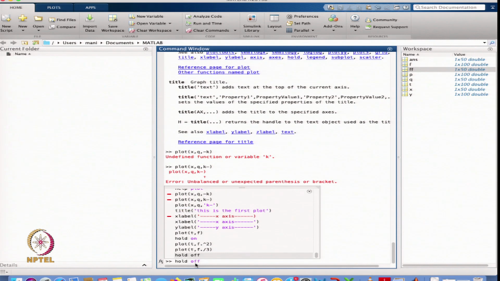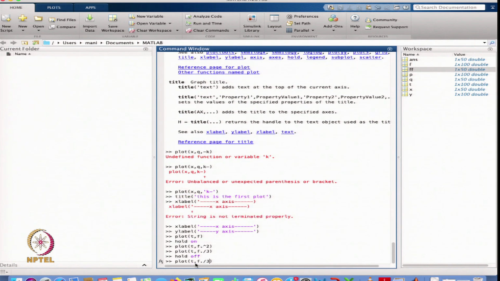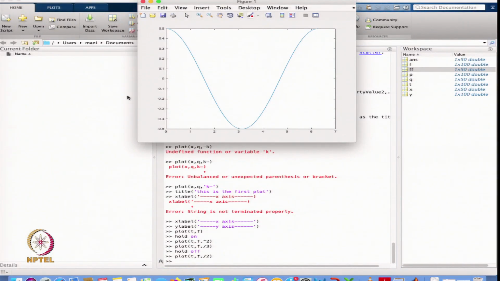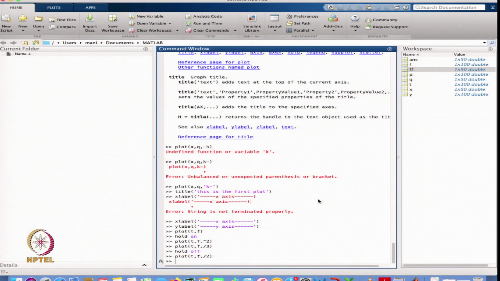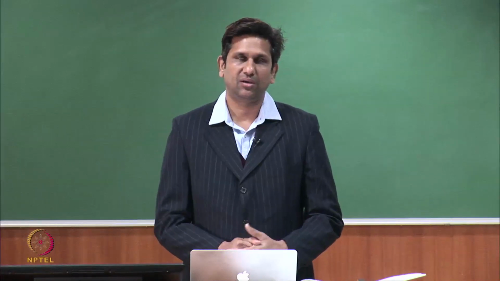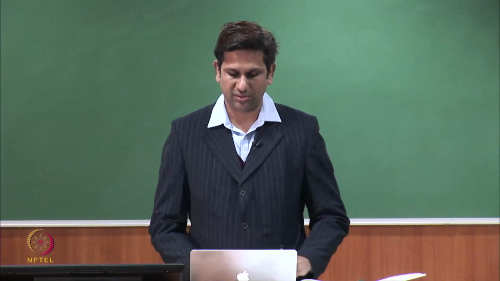Now, suppose I want to plot a new function, by 2. So, this plot is gone. Now, you get the new plot. So, these are some basic commands we have covered today in this lecture, about how we can deal with graphics, how we can define the functions on the mesh in MATLAB, and how we can plot these functions.